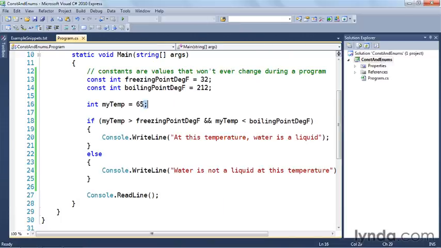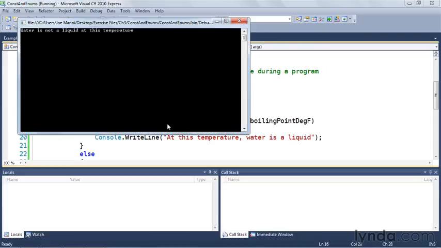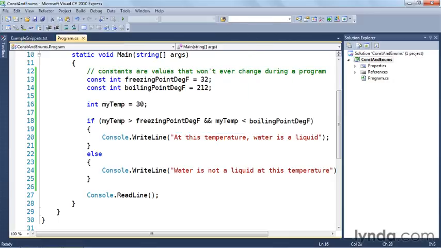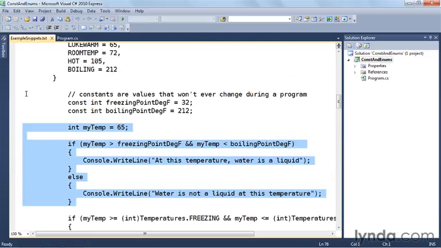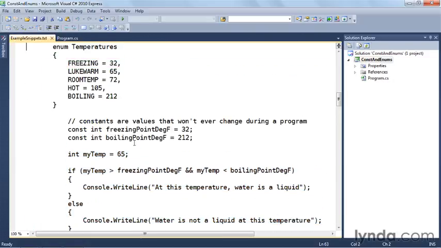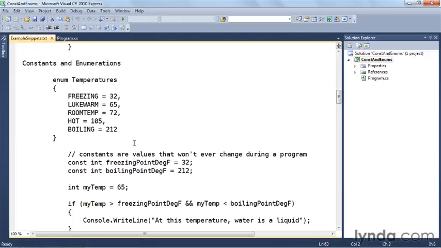And if we change this to, say, 30 and run it, then we say, at this temperature, water is not a liquid. So let's do the same thing now, only using an enumeration, because you can see here I've got two different constants for freezing and boiling. Let's go back to my snippets. What I'm going to do is up here, I have an enumeration for my temperatures, and I'm going to copy that